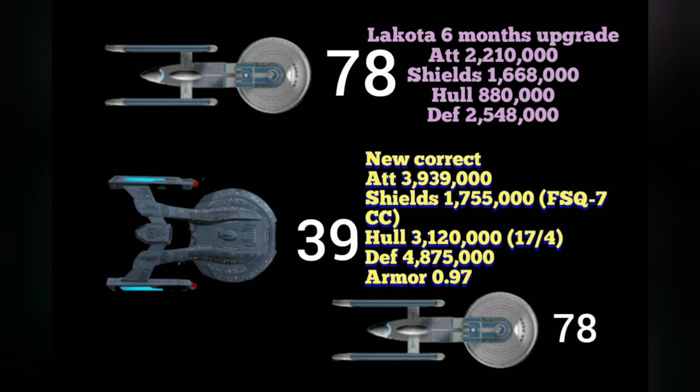So if I was doing this and I did the Lakotas, I'm just going to compare the Akira. So one Akira does have less firepower than 2 Lakotas. And so obviously it has almost twice the shielding. Let's look at hull value. So it would lose in hull value to the one Akira. And so if you look at the overall defense, it's 4,875,000. So it'd be around 5 million in defense. So technically, from a defensive standpoint, because of the shielding, 2 Lakotas would be superior to